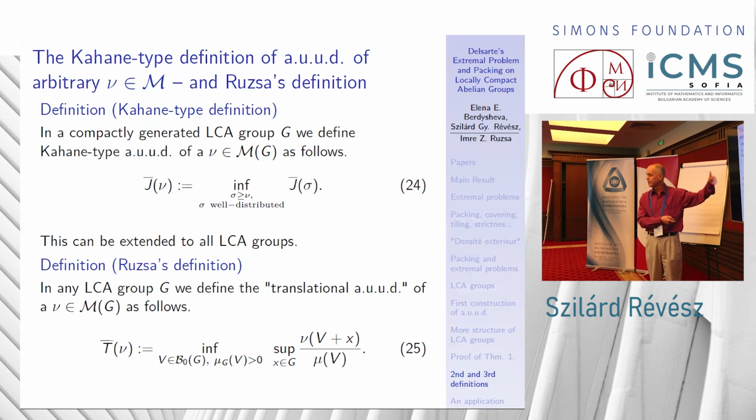how Kahn's definition can be repeated in the locally compact group setting. It's a bit long. In particular, you need to tell what the density of the lattice is, and that already requires some considerations. And here is a definition what Ruja proposed, and this is again